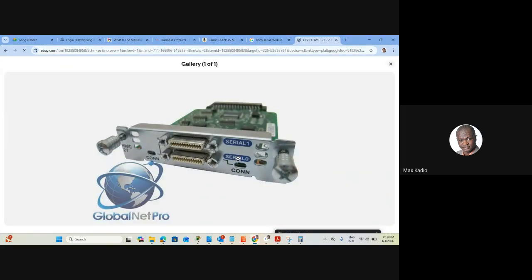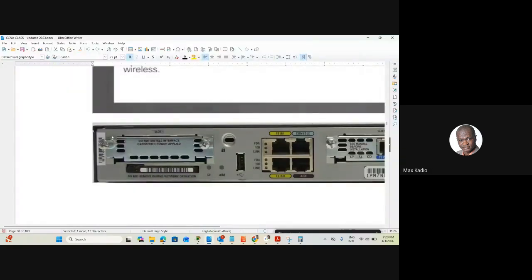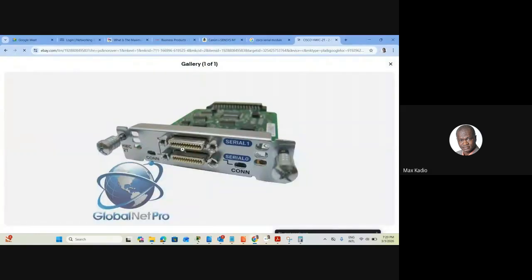You buy this one. When you buy it, you remove this cover and you plug it inside. Then you'll have this one, so this one is a serial port. I'll also bring a serial cable, so each one will be connected to the other router. If you want to connect router to router,